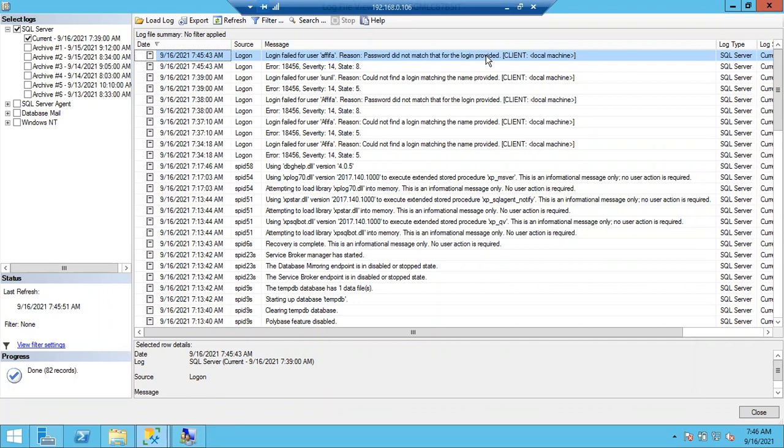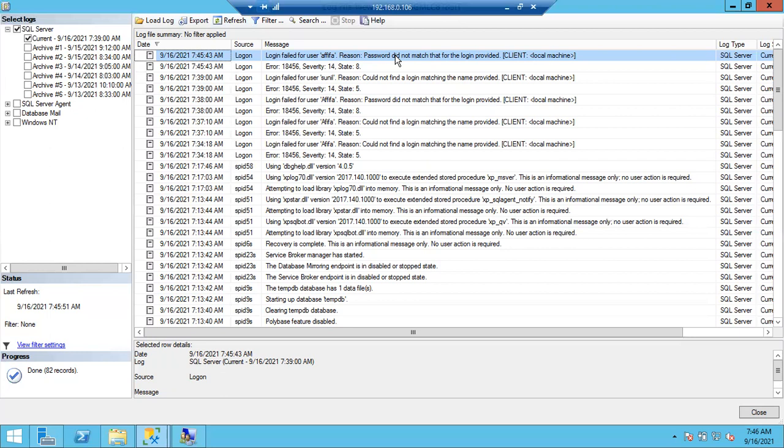Afifa is saying I am giving the correct password. But when you check the error log, it is showing password did not match. Might be Afifa forgot the password. Why? Because yesterday we gave a default password to Afifa. Yesterday Afifa changed that password. She forgot that she changed it. She is still trying with the wrong password, and she is arguing with us. No, no, no, I am giving the correct password only. Yesterday DBA people gave this password, I am using that password.